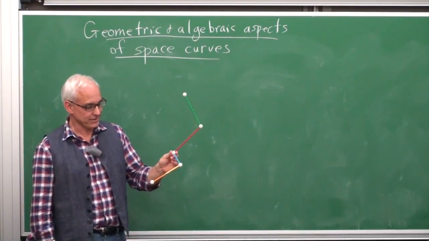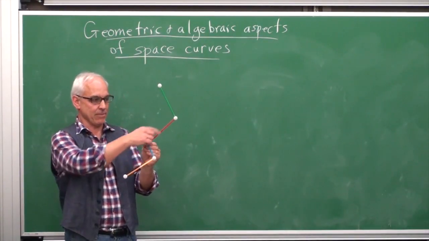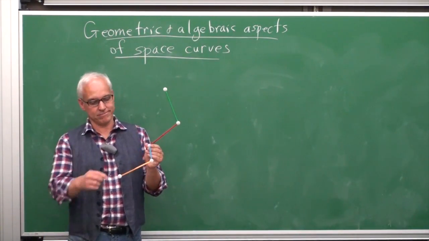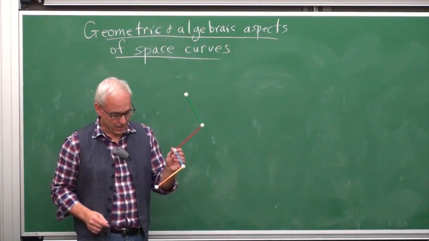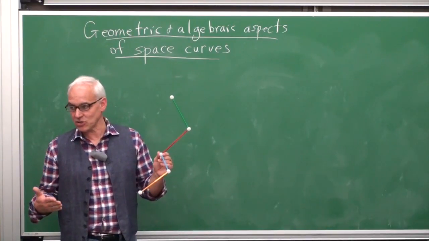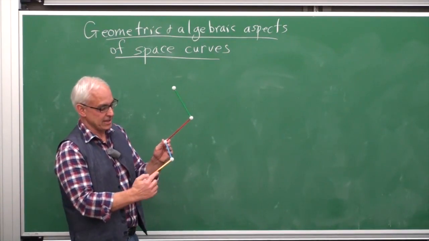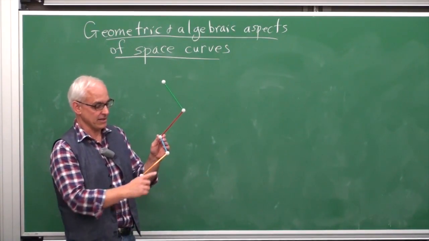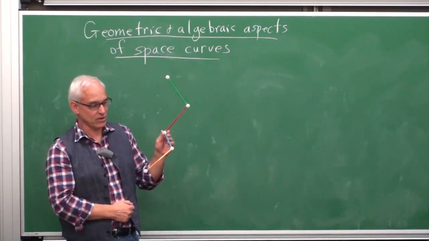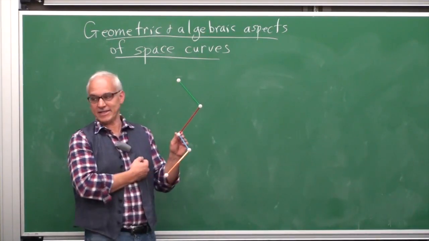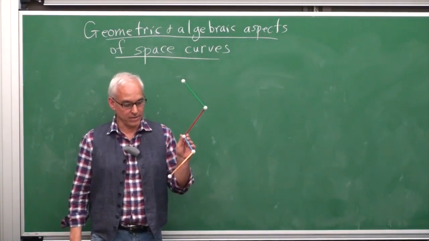So last time we were talking about a discrete version of a curve, which we might represent by this kind of polygonal segment in three-dimensional space, say starting here. And then we can interpret various aspects of the continuous case in this context. For example, this first edge can be thought of as a tangent vector. Then we change direction, so that's the second tangent vector along the blue line, and then another tangent vector along the red, and another one along the green.